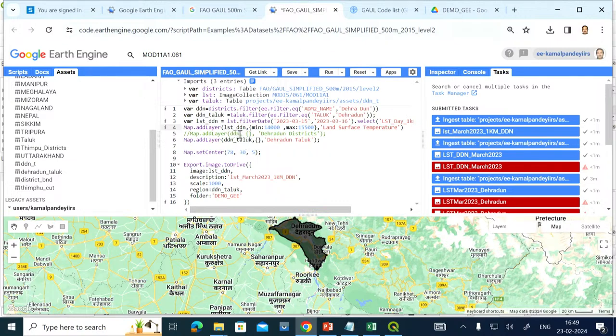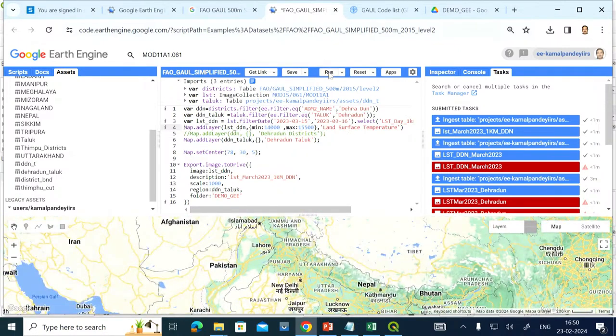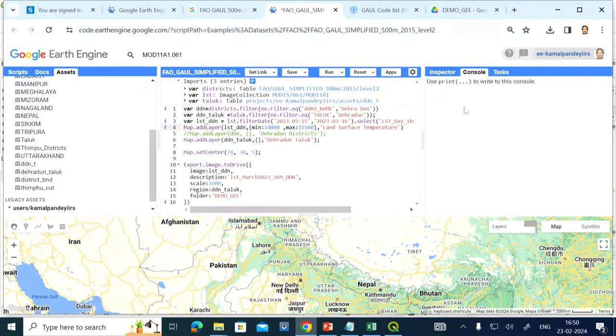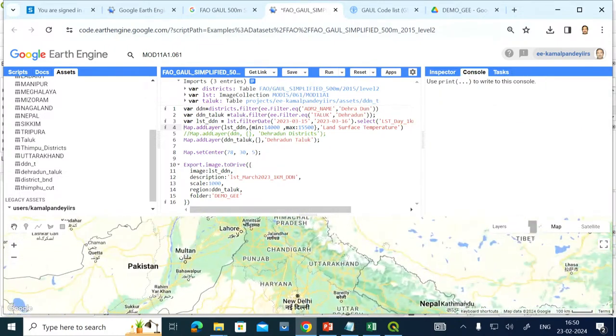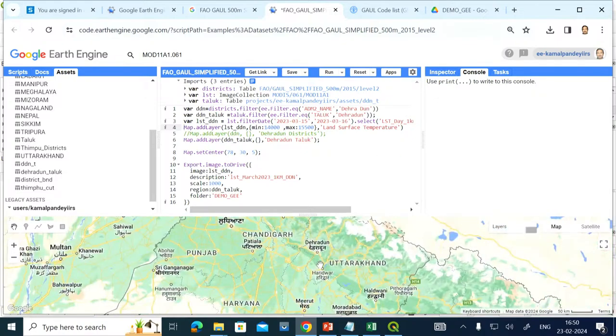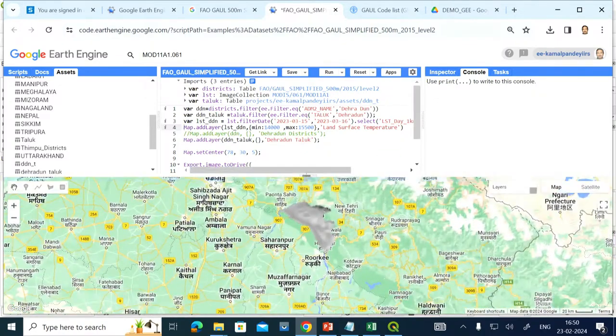District I don't need now. LST underscore DDN, it will remain the same only. But let us try to run it. In the console there is no error. Now I will just switch off this Taluk boundary. You can see I have got the LST for this small region only.